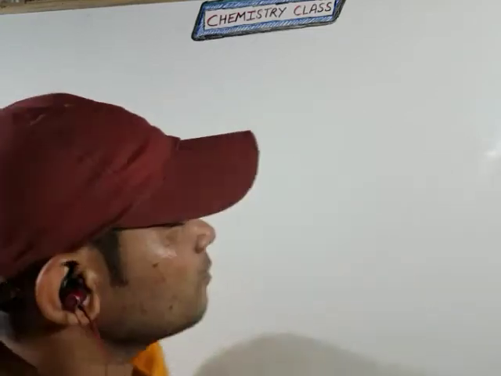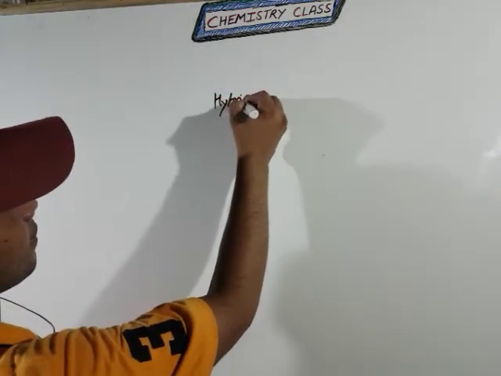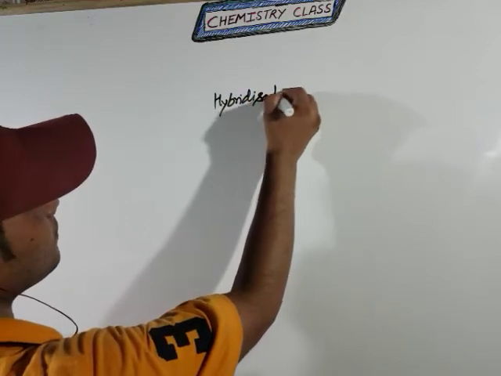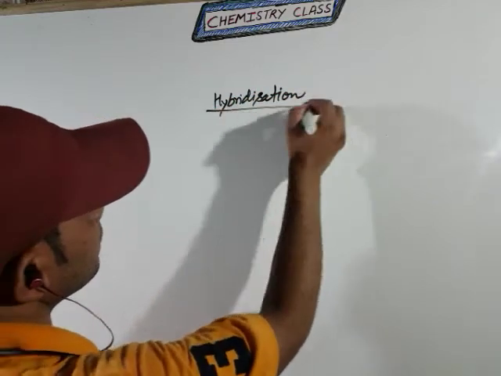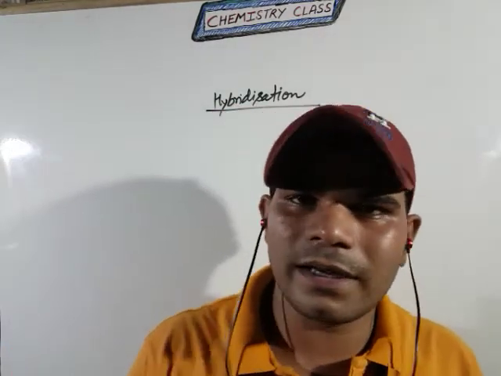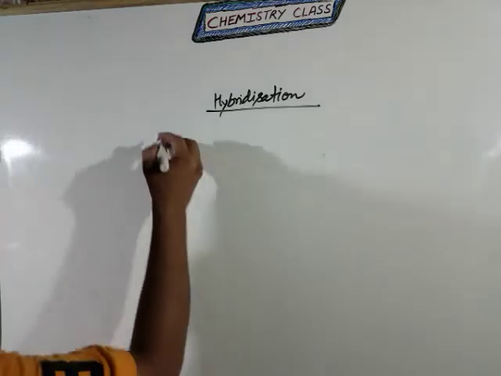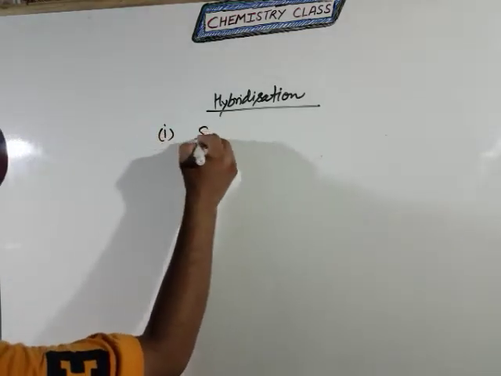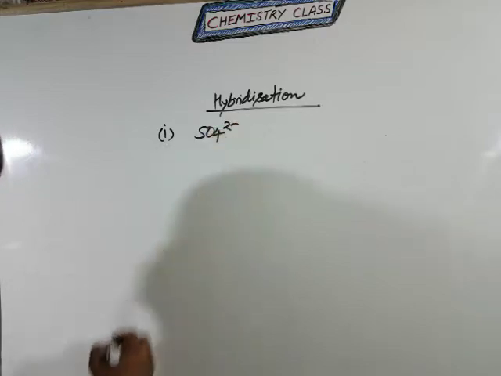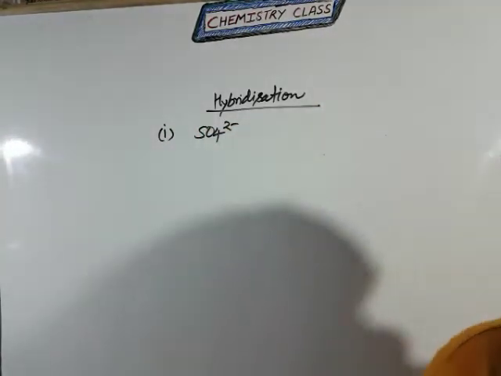Today I will discuss the important examples of hybridization. Students, we already discussed organic and inorganic compounds in hybridization, and how to calculate the hybridization of the central atom. It is a very important example like SO4 2 negative. In this case, how do we calculate the hybridization of the given ion?